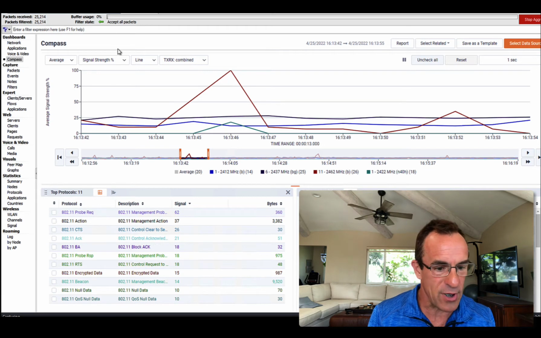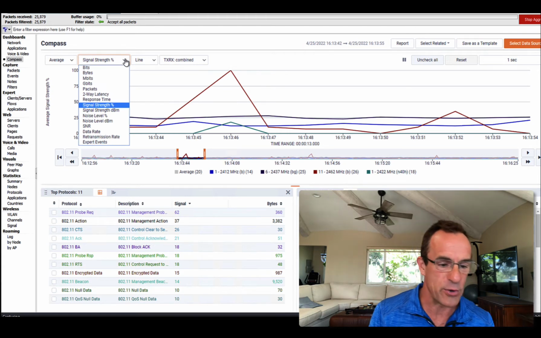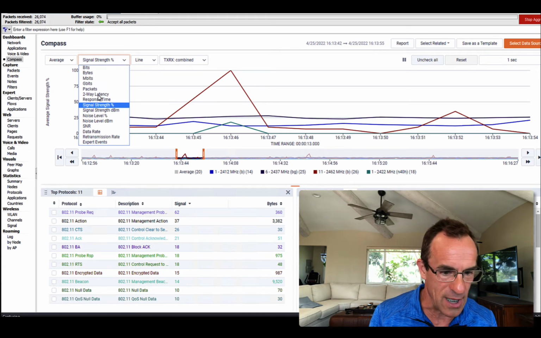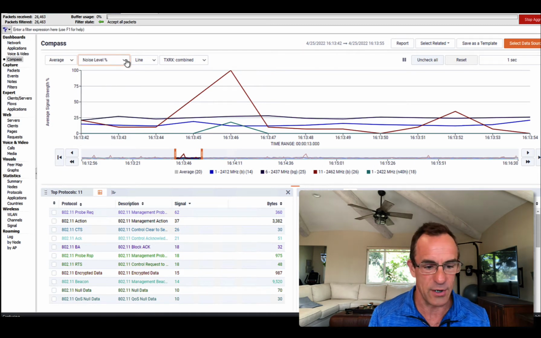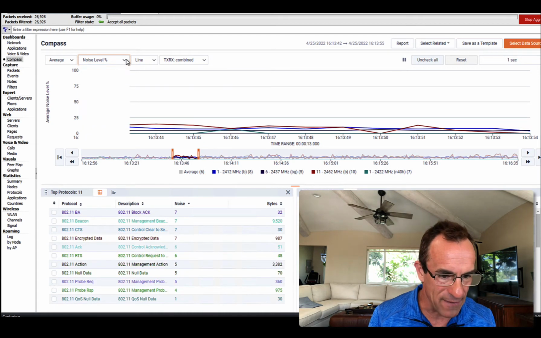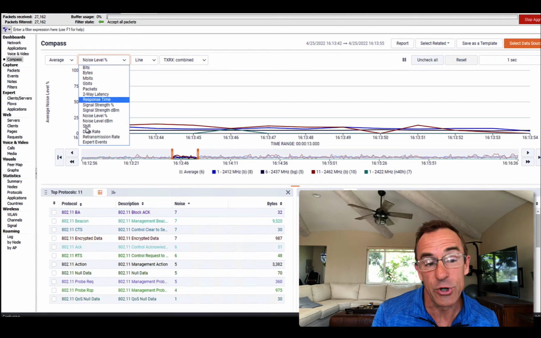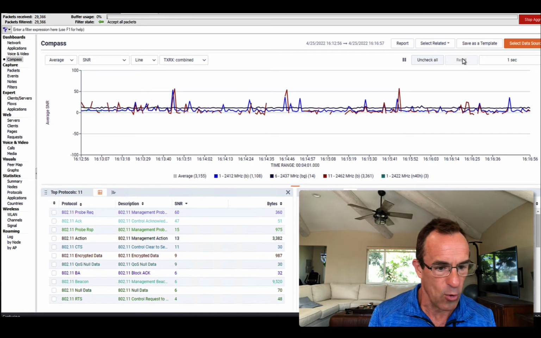So signal strength for all those channels. Anything we look at in Compass is across all those channels. Like we could be looking at the noise level. So noise level percentage, and it'll switch over to that. We could be looking at the signal to noise ratio. There we go. Or